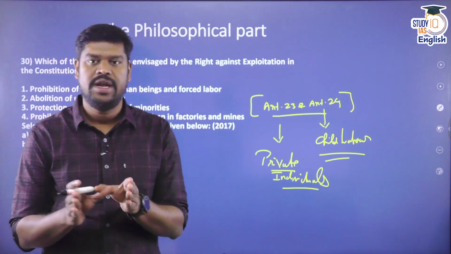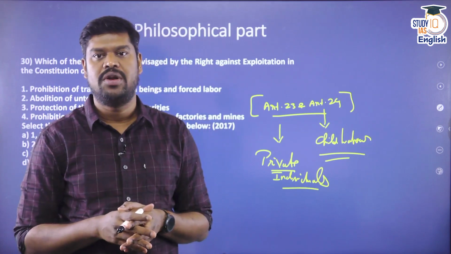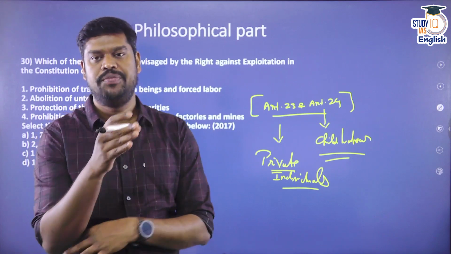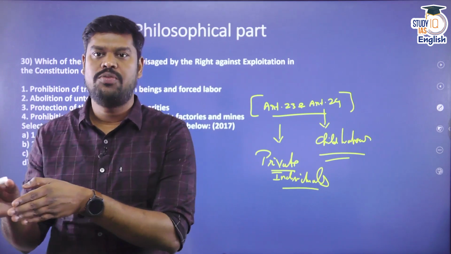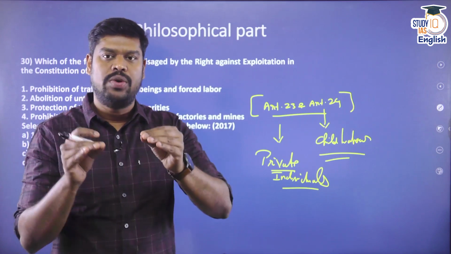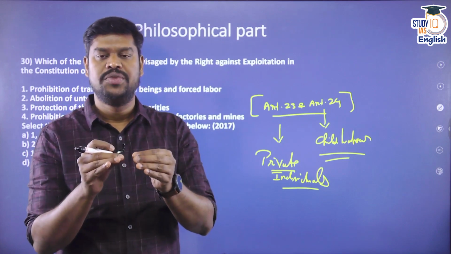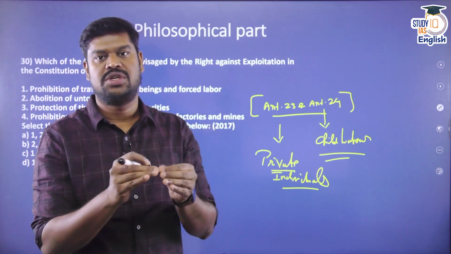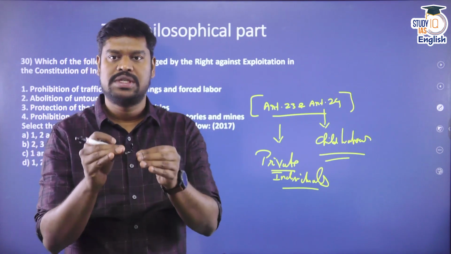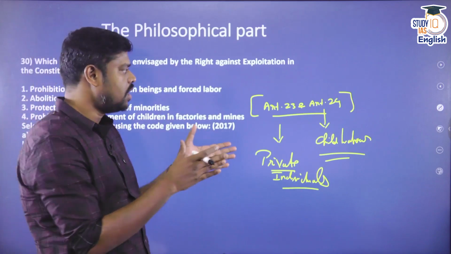Although Article 29 and Article 30 both talk about the rights of minorities, if you look into the various judgments and the Constitution carefully, it is only Article 30 that talks about the minorities. Article 29, although it mentions the word minorities, is not only for the minorities, but for any section of citizens within the territory of India having a distinct language, script and culture. We will discuss that at a later stage if any question comes.